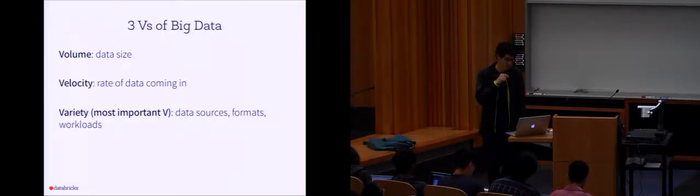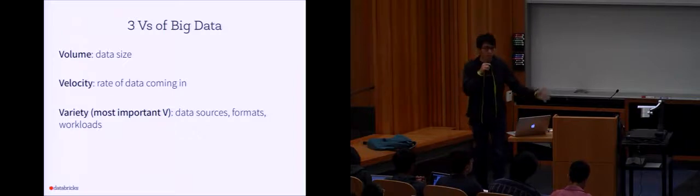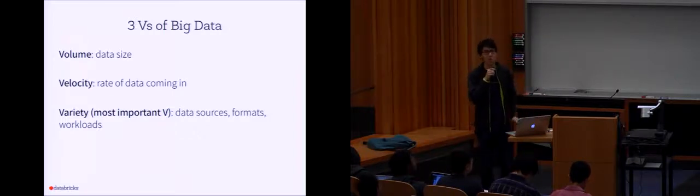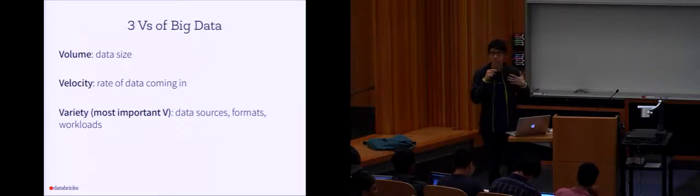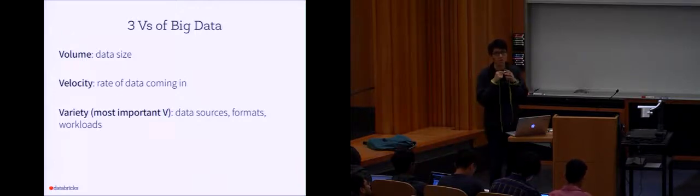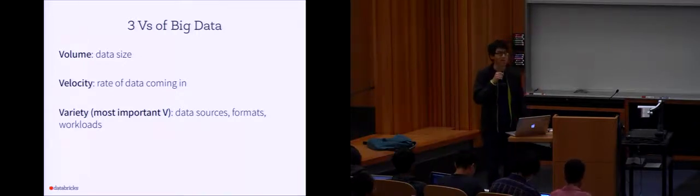And the last but not least, I think is probably the most important one among all of this, is variety. I do think this is probably the differentiating factor between 2014 and 2015 versus 10, 20 years ago. There are a lot more different data sources now that you can get data from. There are different formats, and the kind of analysis you might be running on data is also expanding. In the past, most of what people ran was really just a group by and a join to produce some report. Basically, everything you've been learning in this whole class is how to do group by and joins very efficiently.